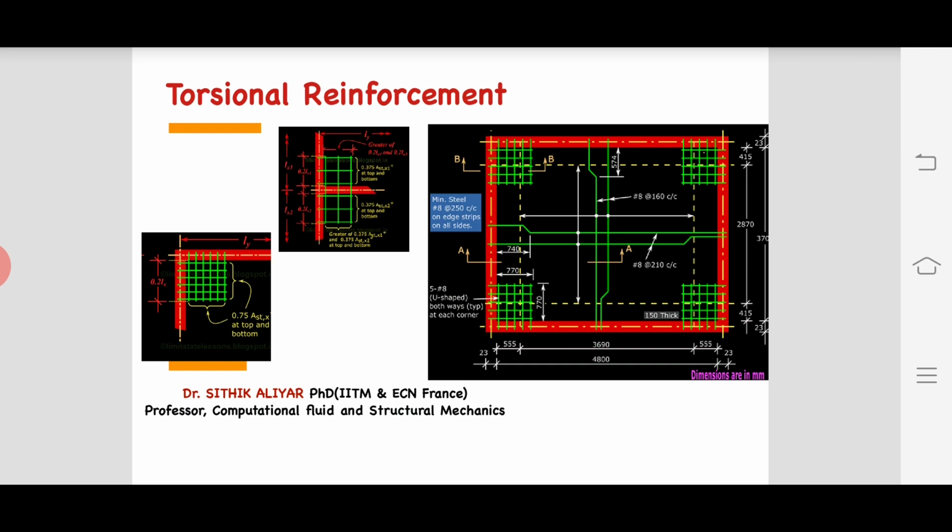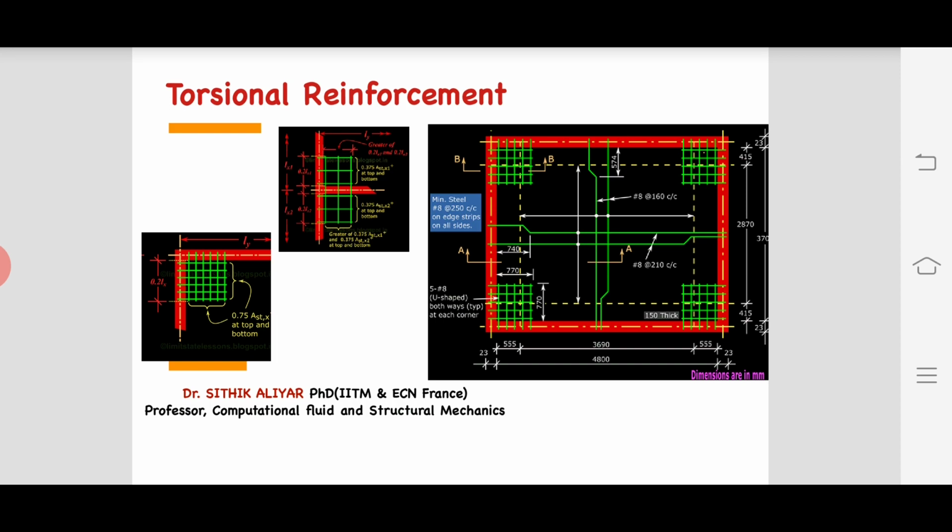Okay, if somebody is asking you to design a slab for your own home or apartment building, this is the final answer you should get: where you should crank, what torsional reinforcement you should provide, what the length is, and what 0.2 lx is, everything. Under the blue color, in most cases it will be the same, 8 mm diameter and 250 mm center to center on all the edges,